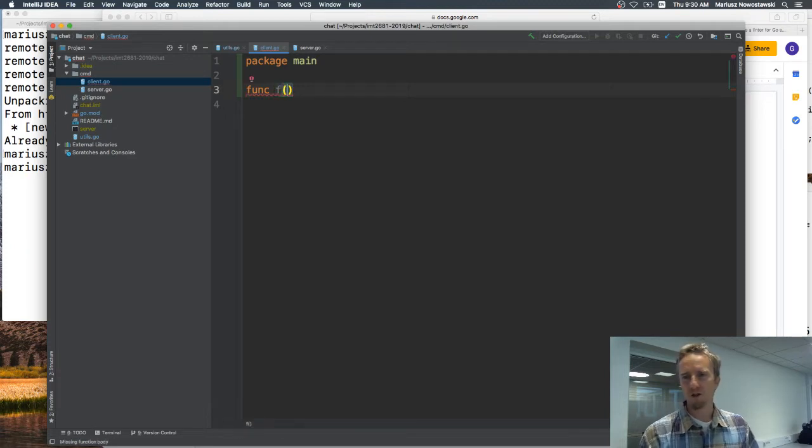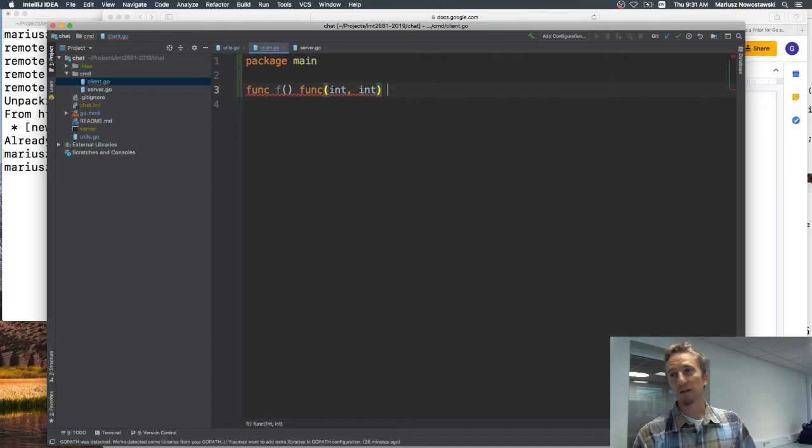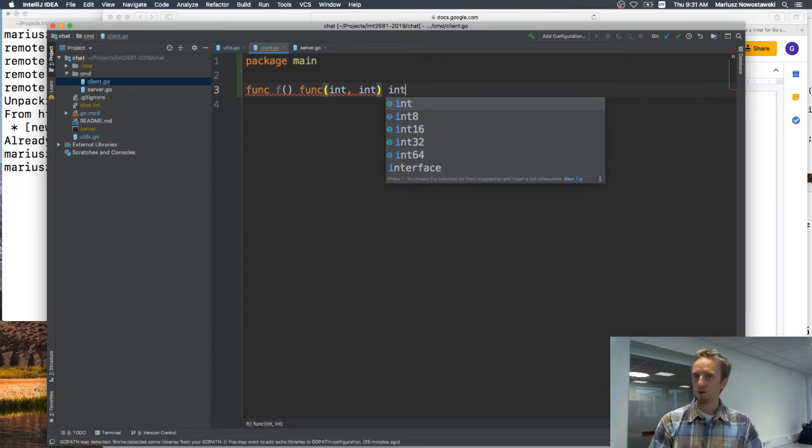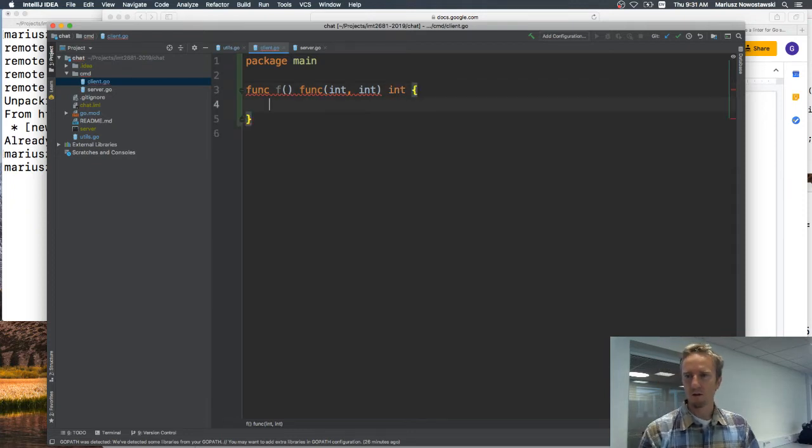So this function takes no arguments, and it creates a function which takes 2 arguments, and those arguments are ints. And the function that I will return returns int as well, right? So I have now a function f that takes no arguments, which returns a function which takes 2 arguments and returns a single argument. And I need to return it, right? So I have to return a function